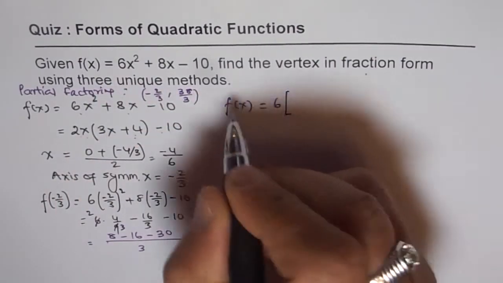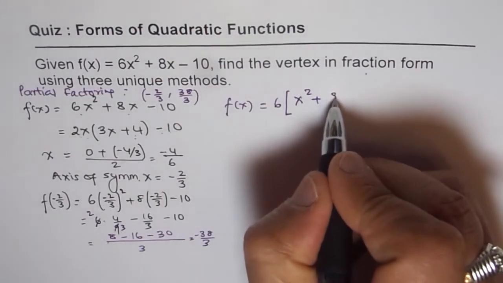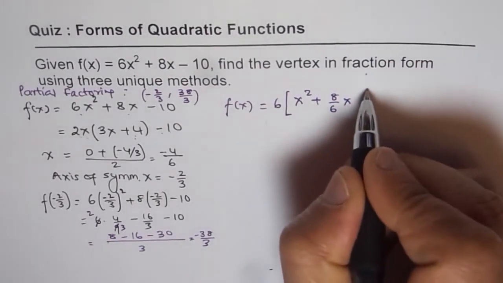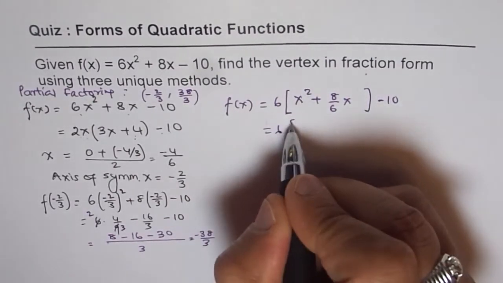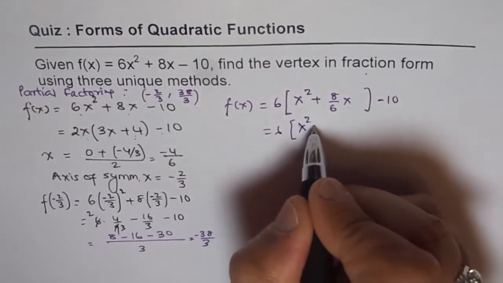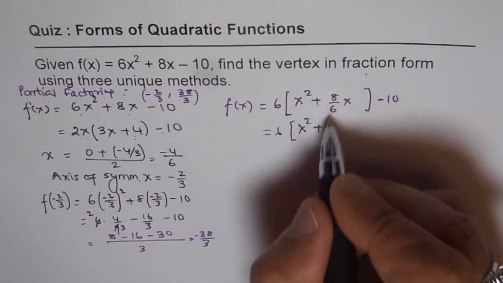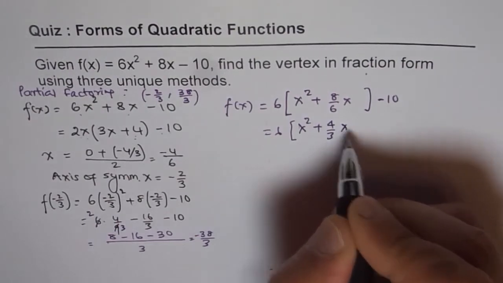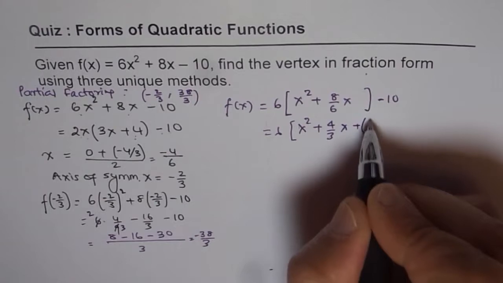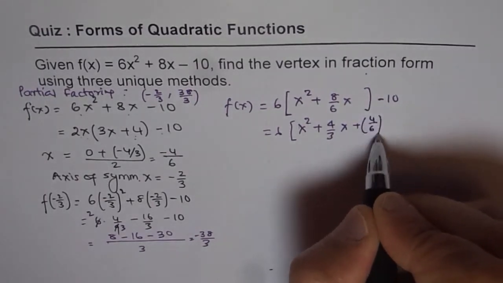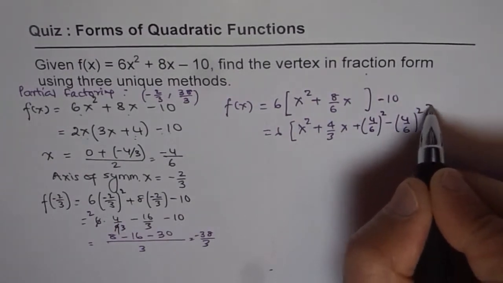6 common, and we get here x squared plus 8 over 6 x, and we'll keep that minus 10 outside. So now from here we can have x squared plus 8 over 6 written as 4 over 3, right? So let me simplify this and write 4 over 3 x, and here we will add and subtract half of this. So half of this is 4 over 6 whole square, and then subtract 4 over 6 whole square minus